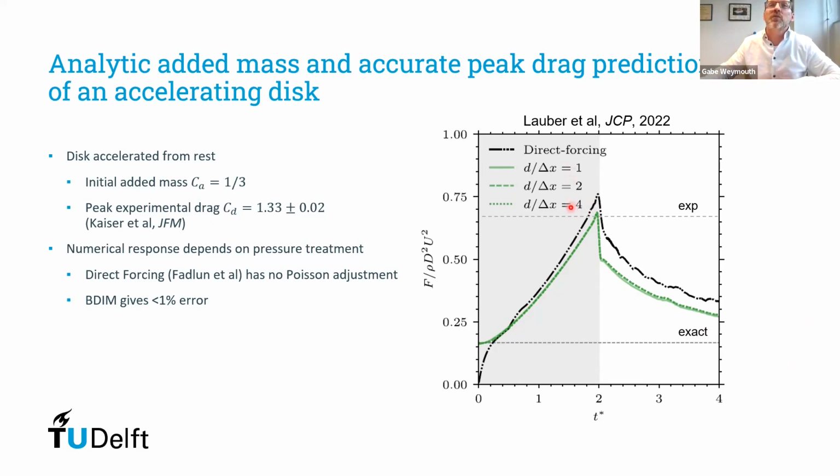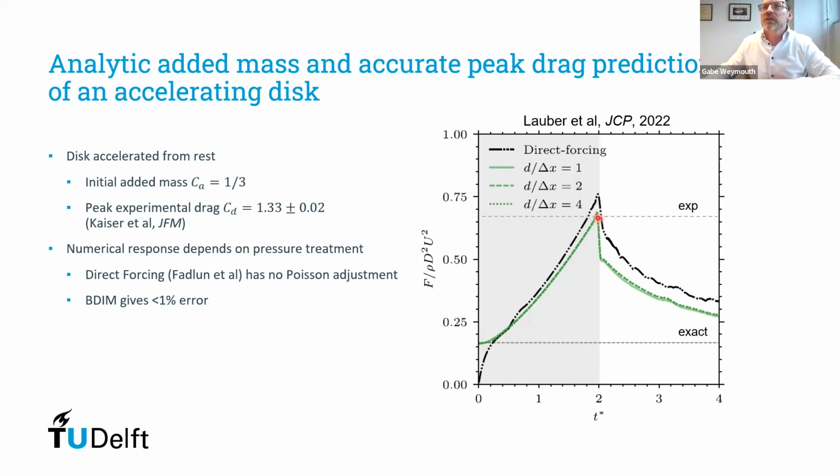And no matter how well you're resolving the thickness of that, you end up with essentially the same solution, which makes sense because we're going normal to the flow. It shouldn't really matter how well we're resolving the thickness, as long as we're satisfying our pressure and velocity boundary conditions. We get essentially the same thing. You can see that we get the initial force, that's from the potential flow solution,